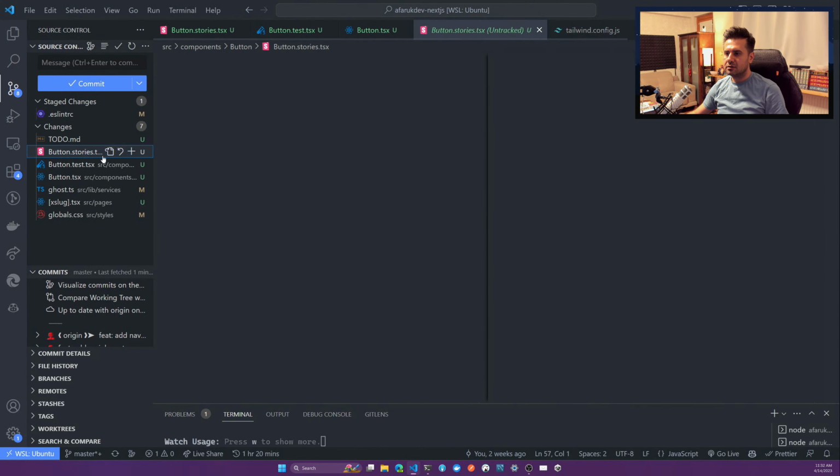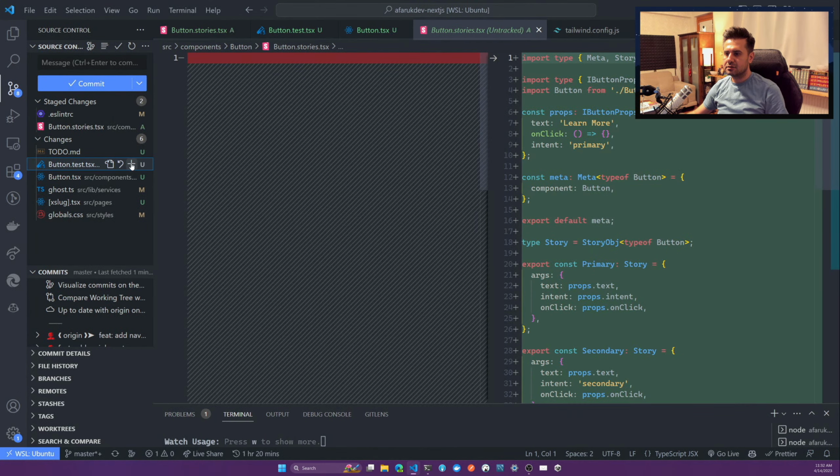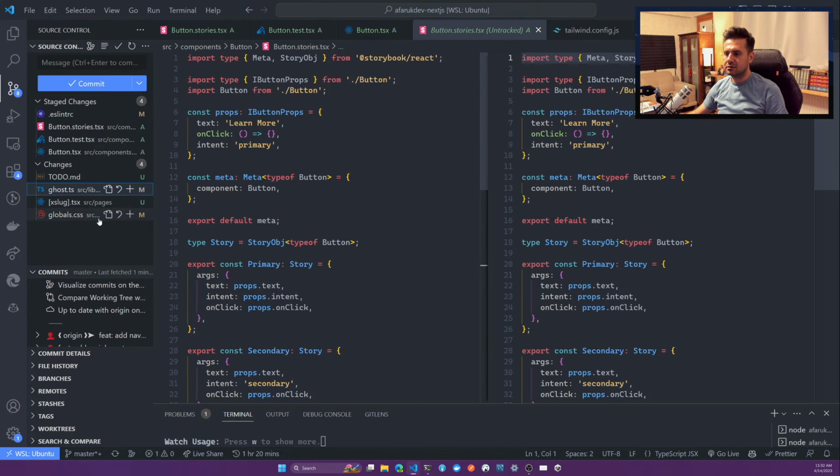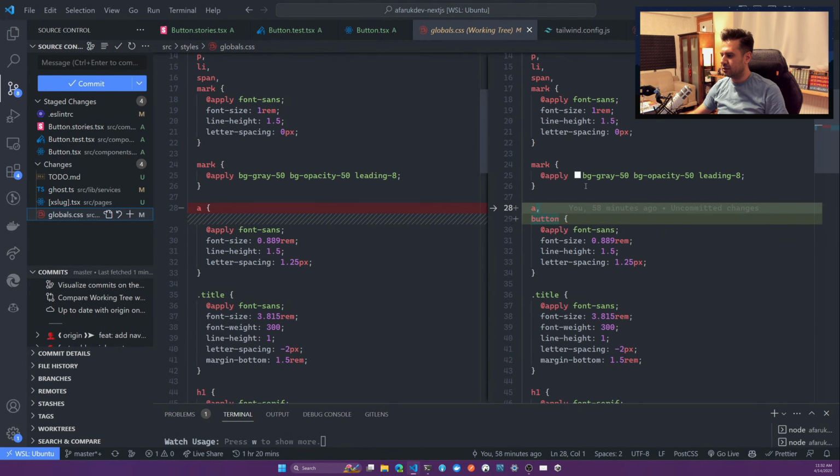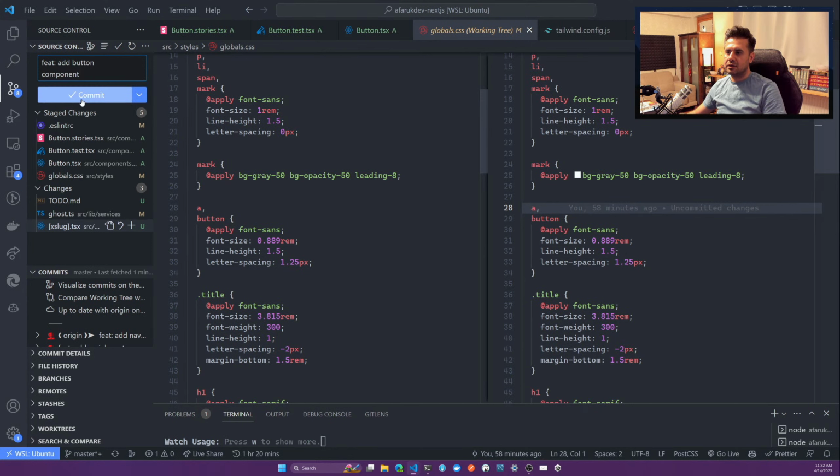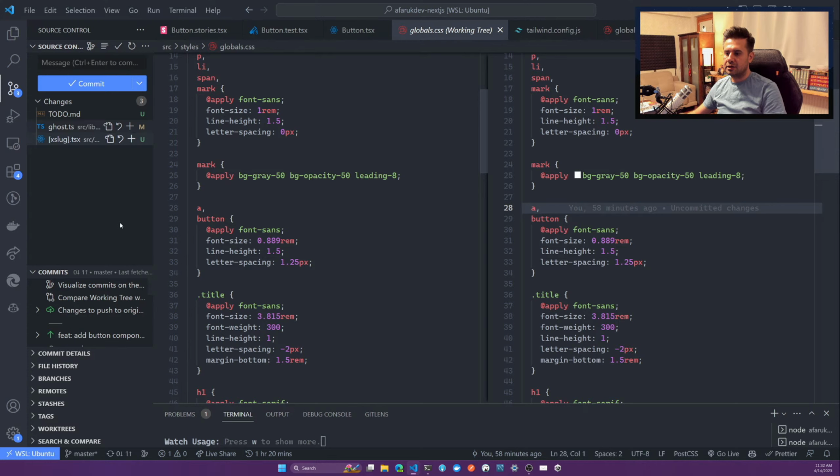Yes. Button, stories, tests, and button goes there. We added this here, so let's put that into the stage as well. And we will say add button component, and boom, this goes there. We push changes to,